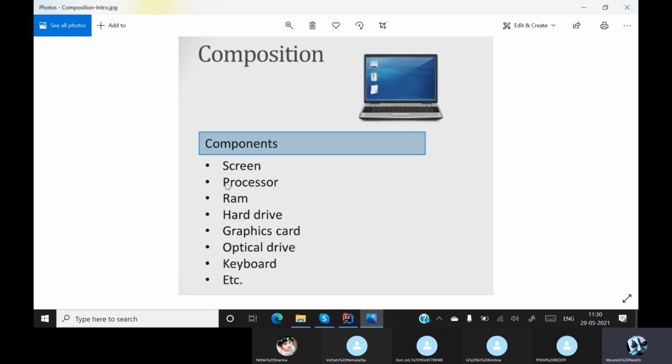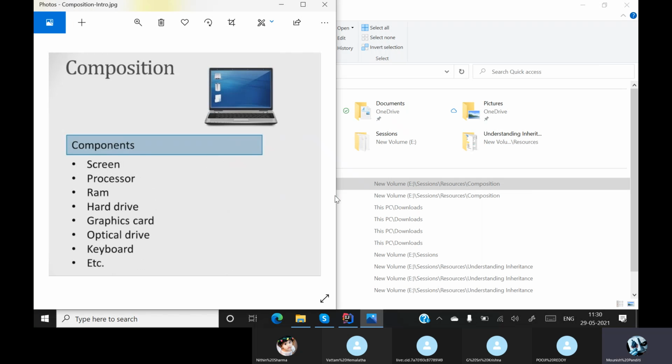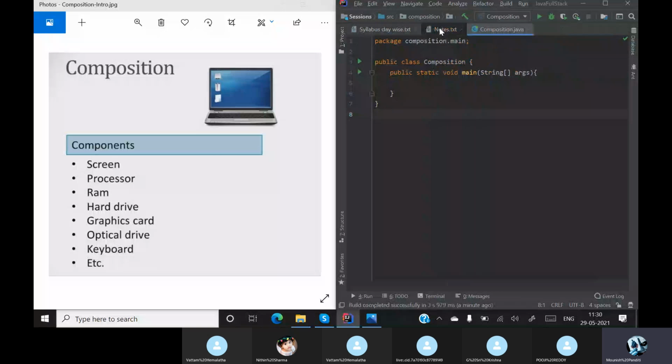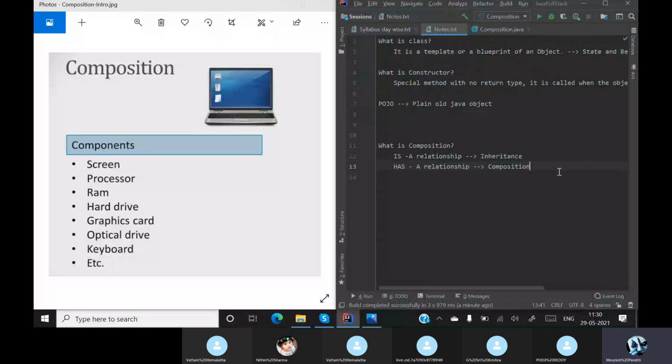But when you come to a processor, let me write down these things so that it will be more clear. I'll take down my notes: here I have a laptop, and a laptop has a screen, and assuming that my screen size is 14-inch. I'll go to the next component, which is my processor.